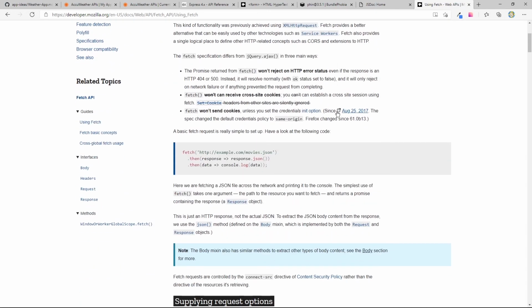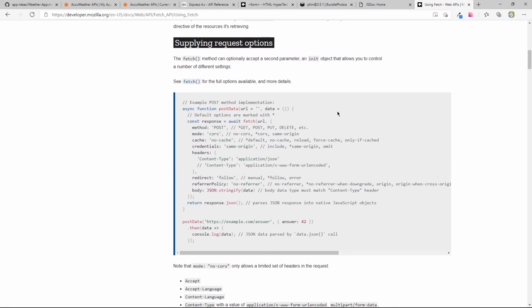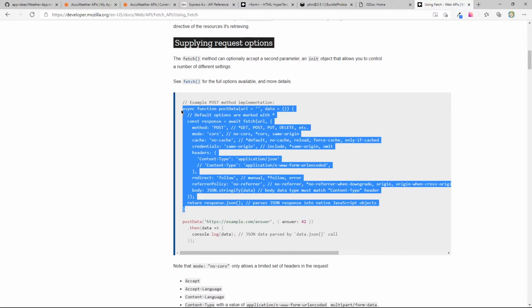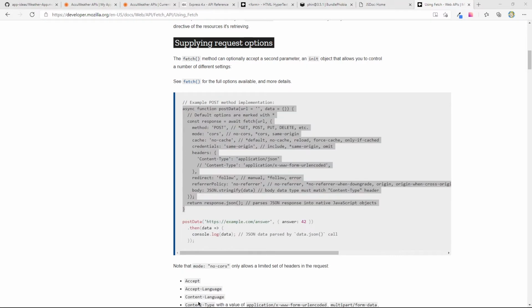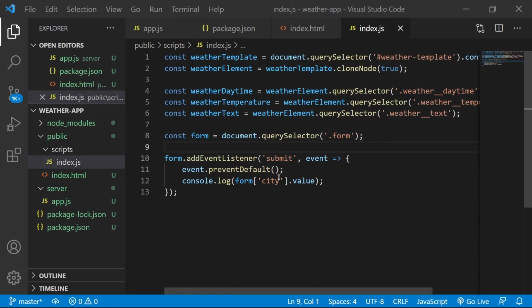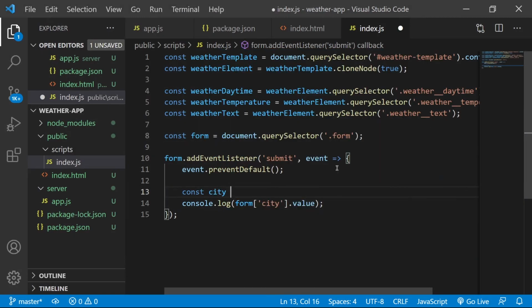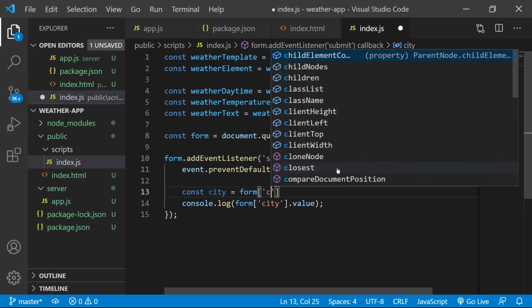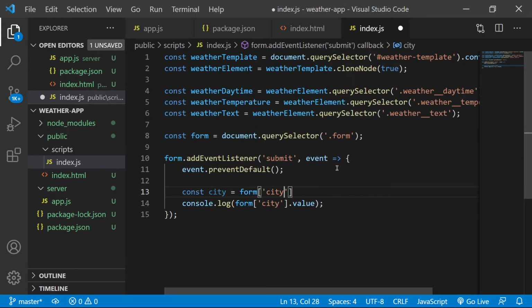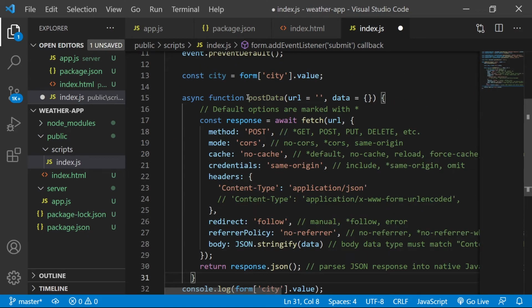So using fetch, supplying request options, content type. I'm going to copy this whole thing here, but I'm not going to use nearly all of it, just to make it easy to work with. So let's say here, const city equals form city dot value, and now let's copy all this stuff.